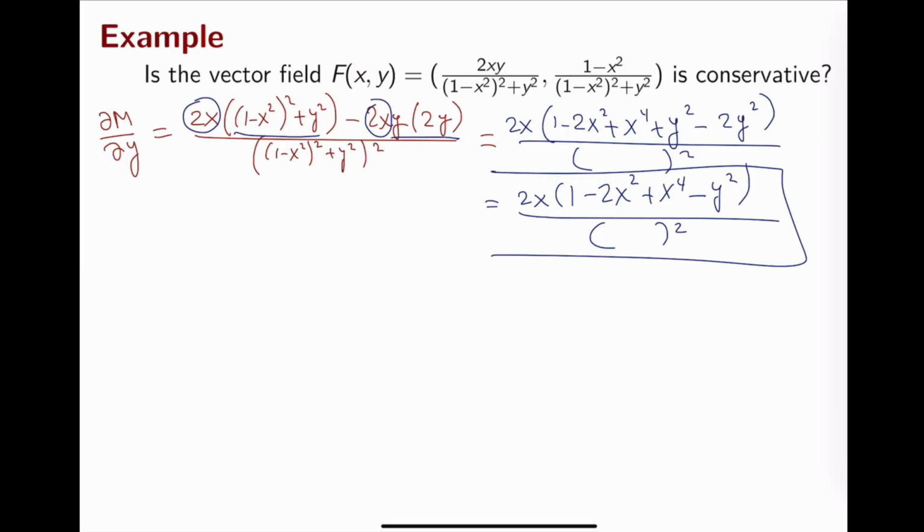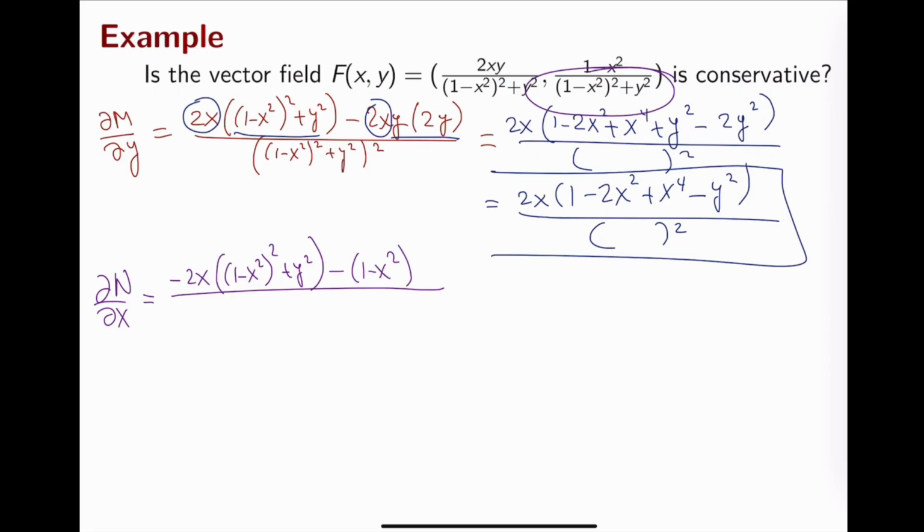So let's continue now with the derivative of n with respect to x. Again, it's going to be a quotient because this other part, the n, is also a quotient. Now we have to center on looking at this one. So we start the derivative of this quotient, and now with respect to x. So it will be the derivative of the numerator, which is minus 2x times the denominator as it is, minus the first one as it is, times the derivative of the denominator, and now the derivative is with respect to x,